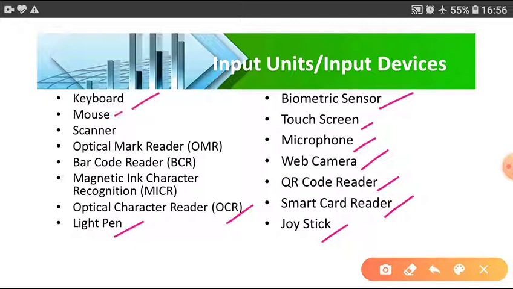These all are input devices. These input devices are responsible for inputting data in the computer system. There are different types of input devices because there are different types of data.